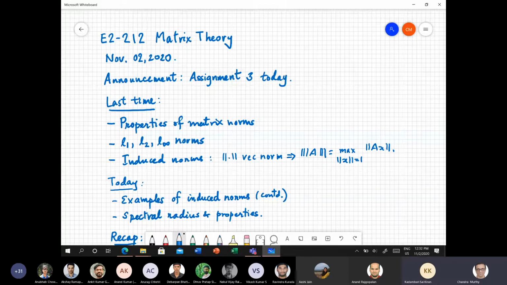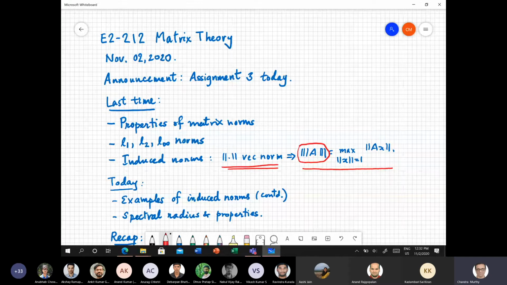So we discussed induced norms, and the point is that you can start with any vector norm, and then you define the matrix norm to be the maximum value of the norm of Ax. So Ax is a vector here, so you're taking the vector norm of Ax and you look at the largest value this can take over all x, such that the same norm of x equals 1. Now that quantity, of course, is non-negative, and it turns out, in fact, we stated and proved the theorem to that effect, that this is a matrix norm.